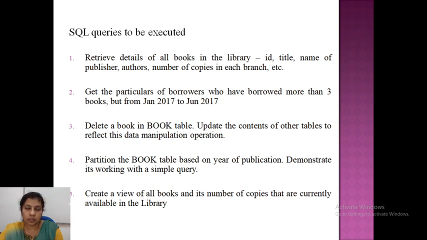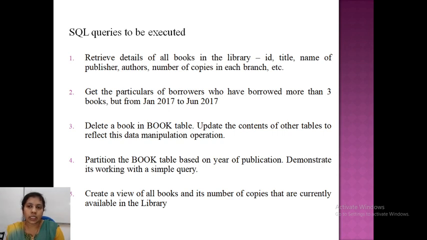Okay, card number. And they are asking who have borrowed more than 3 books. That means for each card number we have to see what is the count and whether that count is greater than 3. Okay, so for each card means now we need to group the tuples according to the card number.